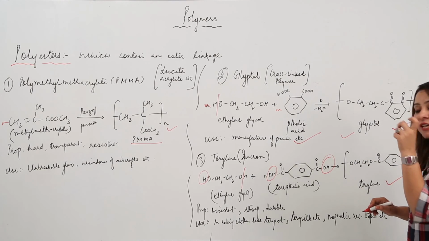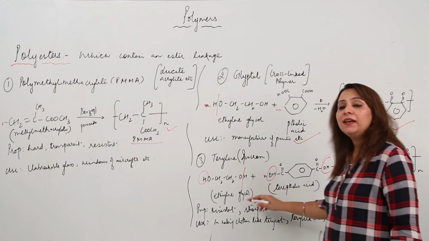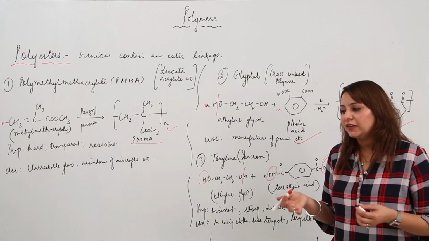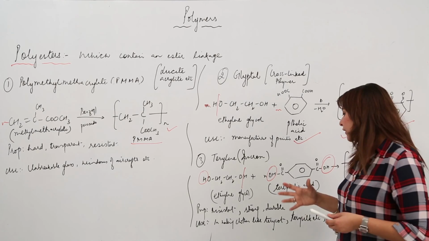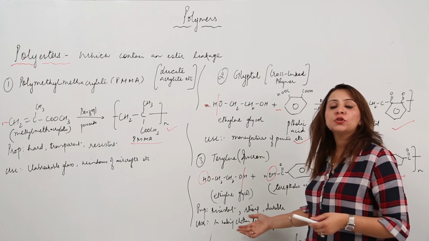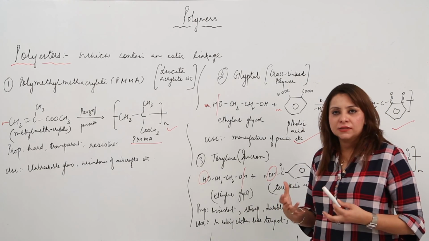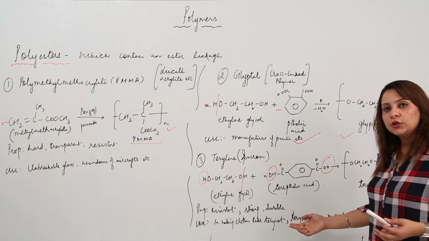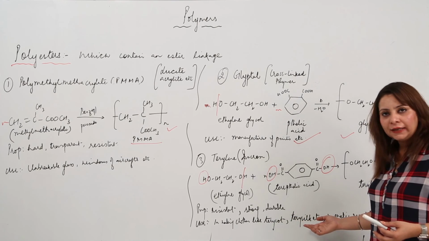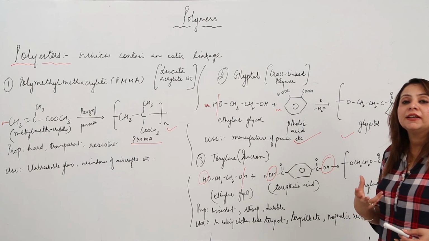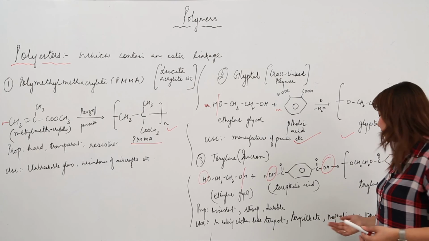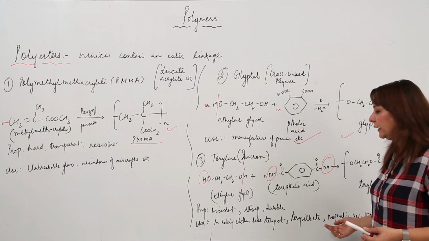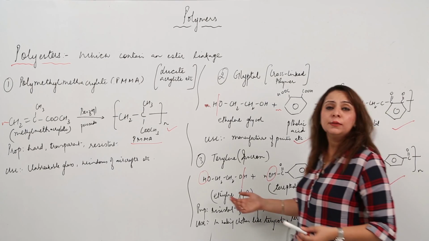And we get the Terylene. As far as the properties are concerned, it is again resistant to chemicals, heat and all. It is quite strong actually and durable also, and it is mostly blended with yarns, wool you can say, and used in making cloths also, like Terrycot, Terry silk, like that. It is also used in making magnetic record tapes. It has an important use, that it is used in making magnetic record tapes. So these are the polyesters.